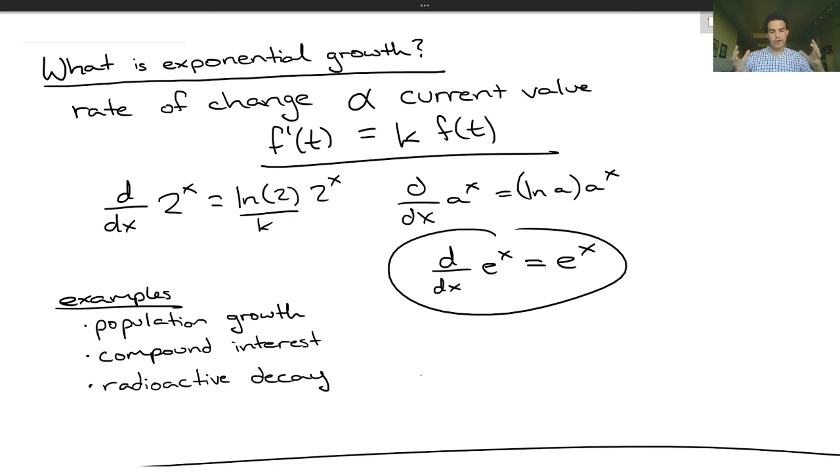Say you've got a hunk of uranium on your desk. You should be careful that it's less than 100 pounds, otherwise it might go critical. But if you've got a hunk of uranium on your desk, each atom in that uranium has an equal chance of decaying at any given second. So the amount of decay you have will be proportional to the total amount of uranium on your desk. And this time, actually, the change is negative. You're getting less of it